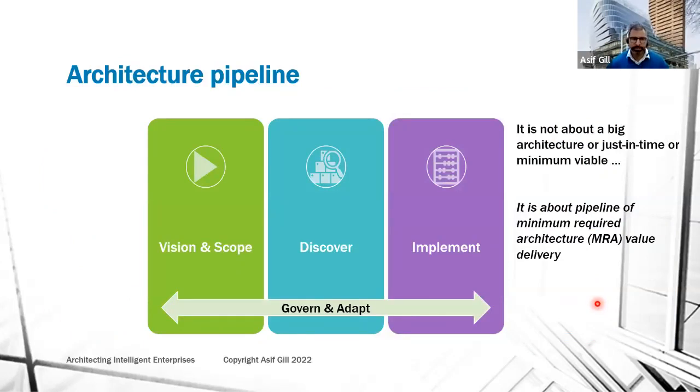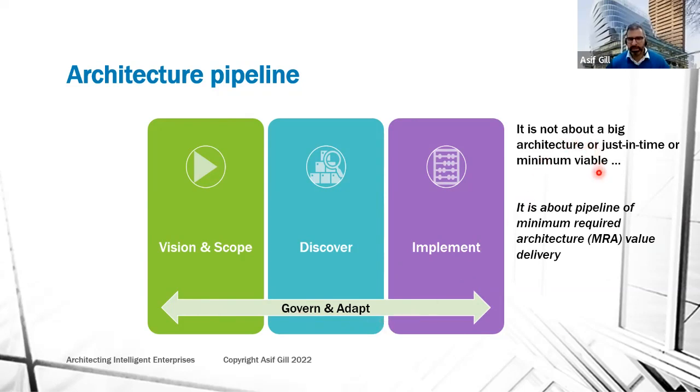I'm just going to jump into a little bit more of the pipeline, because the pipeline brings together everything. It's just a pipeline of a delivery of architecture services and products. So whenever I deliver a project around architecture, we're looking at the vision and scoping of that project of architecture. Then we go about discovering the data and doing the modeling of the architecture. Again, architecture is information modeled. And then we look at the future and the current and the target and transition, states, maturity, and all these things. And that can help us to do the implementation phase, where we're looking at the roadmap. And all those things that govern and adapt as we go.